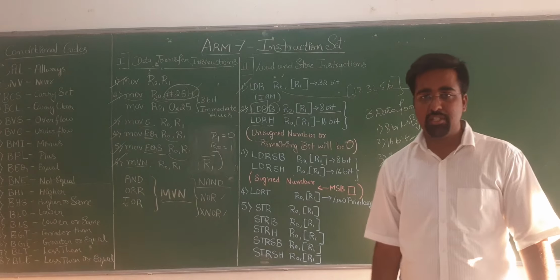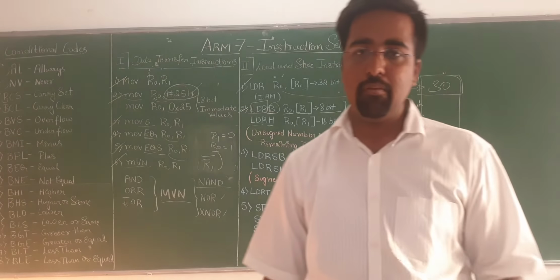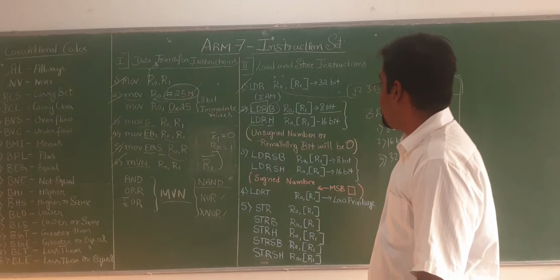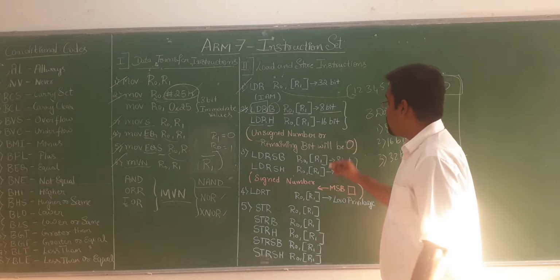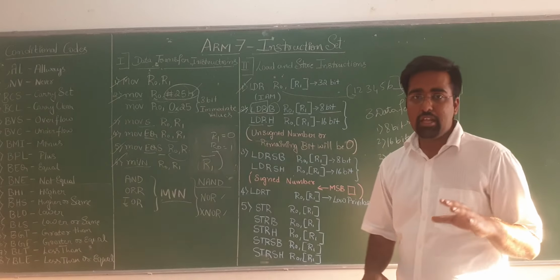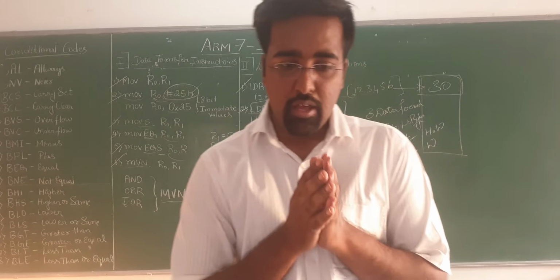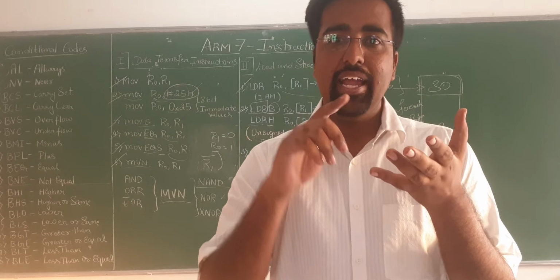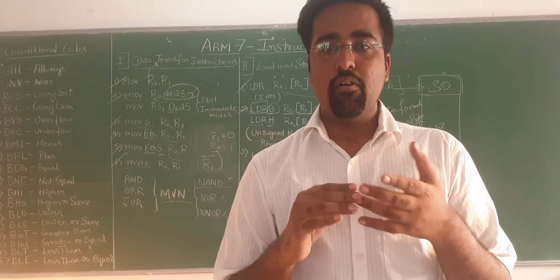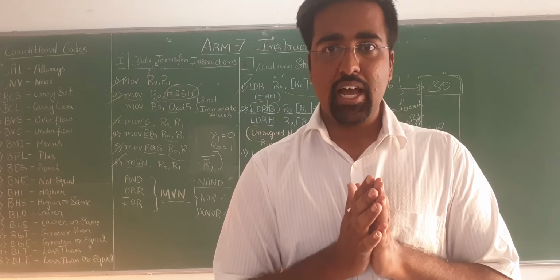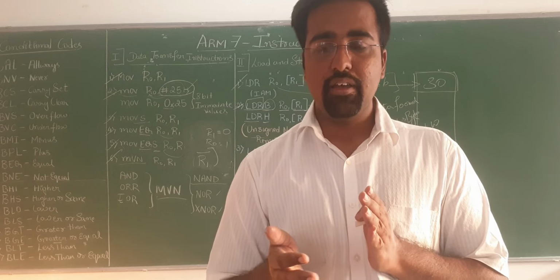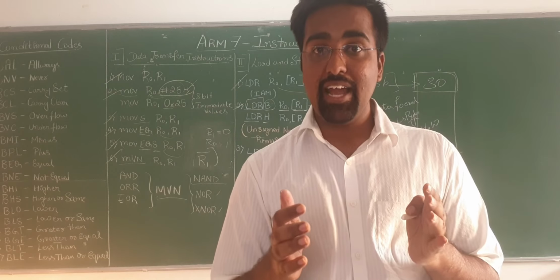You have the concept of signed numbers and unsigned numbers, which I explained in the previous video when I was doing addressing modes. Let's not get deviated from this topic. See, data format for 8 bits or 16 bits: what do we have in ARM? It should be 32 bits. If it is not 32 bits, the remaining bits must be added.